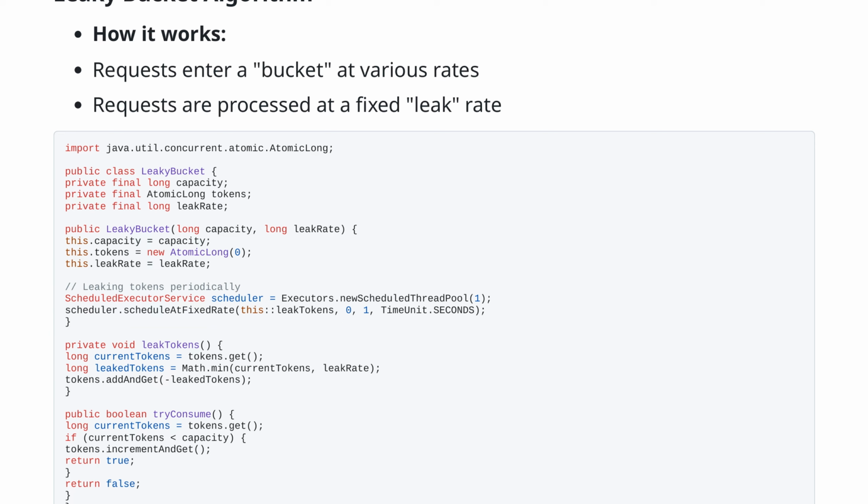private void leakTokens() { long currentTokens = tokens.get(); long leakTokens = Math.min(currentTokens, leakRate); tokens.addAndGet(-leakTokens); } public boolean tryConsume() { long currentTokens = tokens.get(); if (currentTokens < capacity) { tokens.incrementAndGet(); return true; } return false;